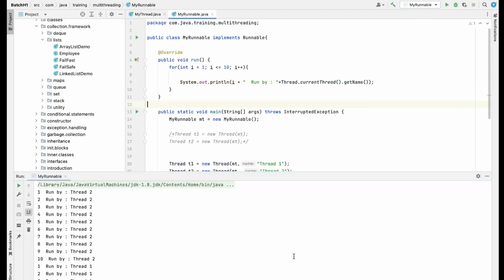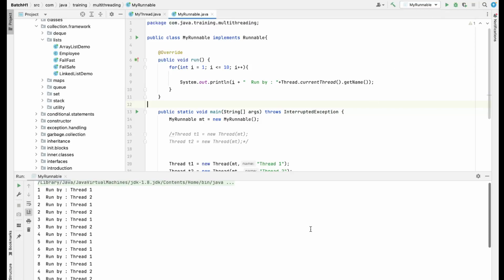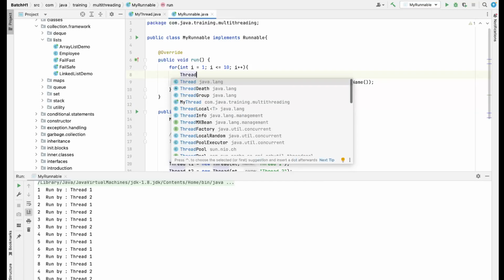When I run this program, just observe the output. Everything is printed all at once. Now there can be certain scenarios where you want to stop your program or stop your logic and then start again and print. So what I can basically do in this run method, I can ask the thread scheduler to